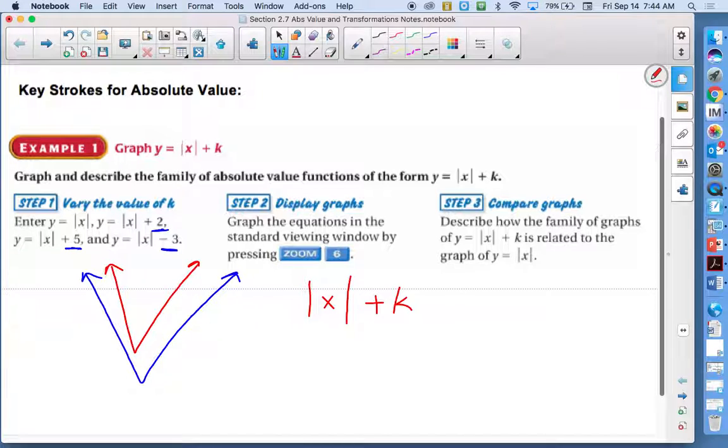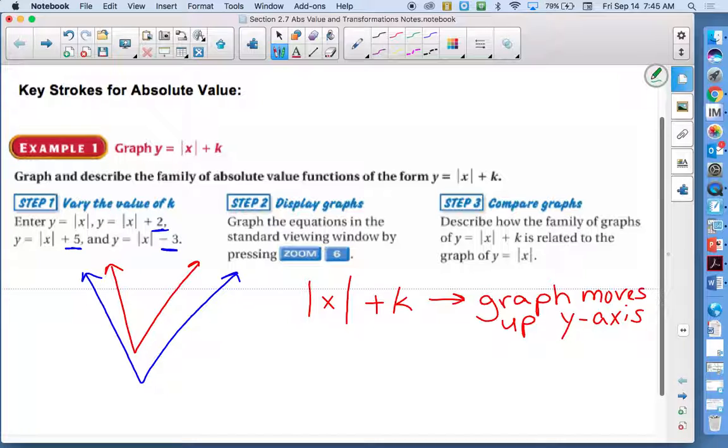So in your calculator, you would have seen a second graph inside of the first one. So when it's a plus k, we'll say the graph moved up. And you don't have to have those exact words as long as you have something to that effect. So the plus 2, the plus 5 made the graph move